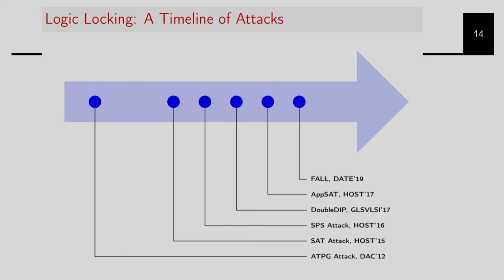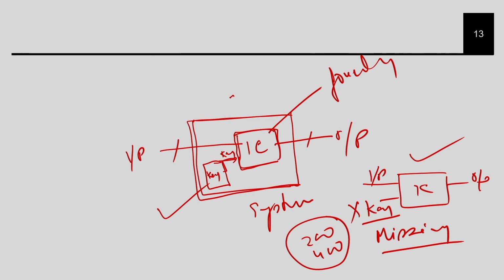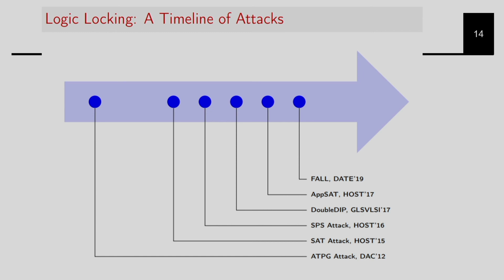that have come, like random logic locking, that was the initial logic locking where you just add XOR gates. Then there are many other techniques like anti-SAT, and then you have SFLL, delay locking. There are many techniques. I am not going into detail of that, because that is a completely different subject altogether, but what I can tell you is that a huge set of work has happened in this particular area, how to lock your circuit efficiently, right. So, that was a very active research area for the last few years, and obviously